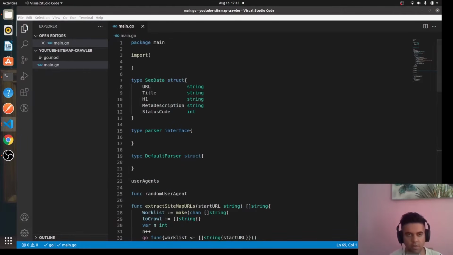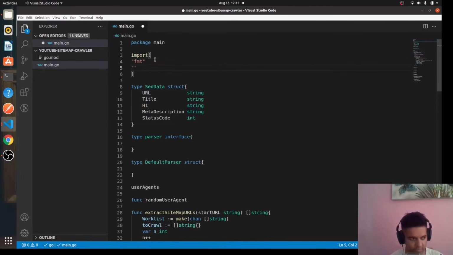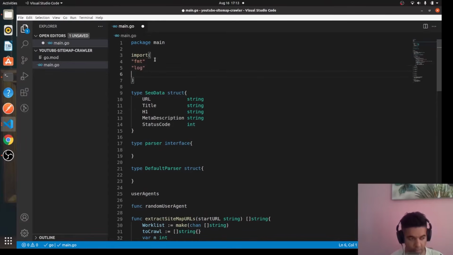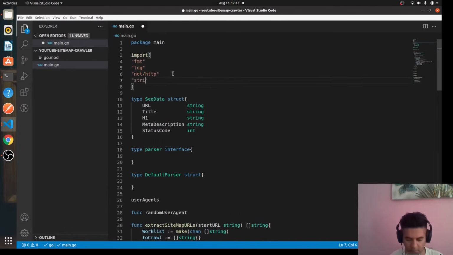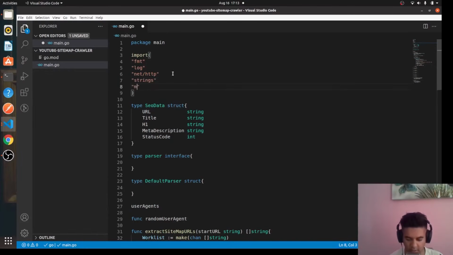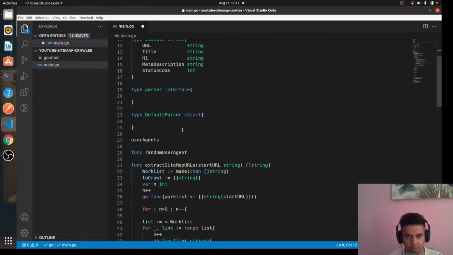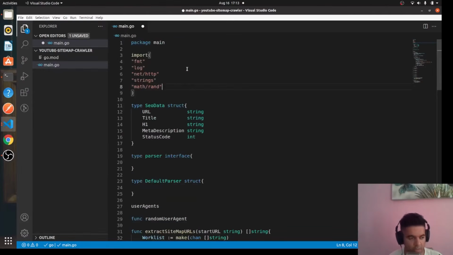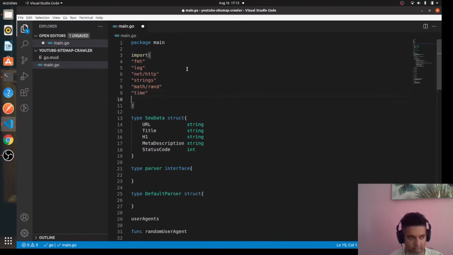Before I do all of that, sorry, I'll work on the import packages. So here we'll have fmt, log, and net/http. fmt if I want to print out stuff, which I do. Log if I want to log out errors. Net/http to make requests. And I want to work with strings, so I'll use the strings package. And since we'll be using the math.random function for selecting a random user agent, I'll use math/rand. I'll use time, and I'll also use